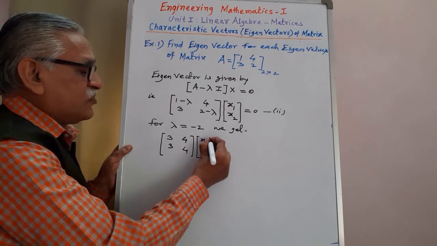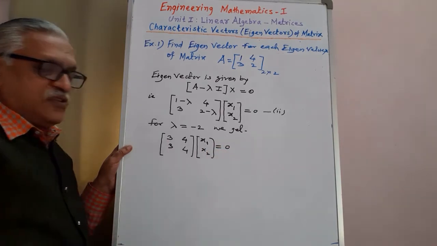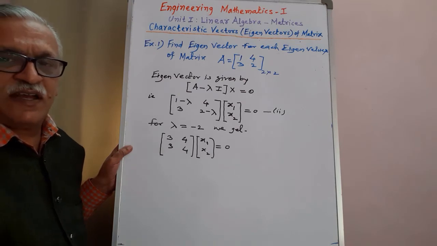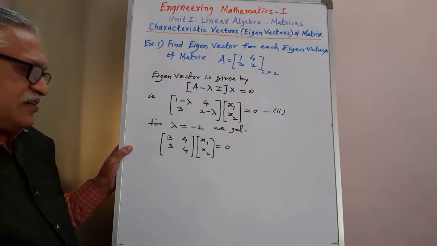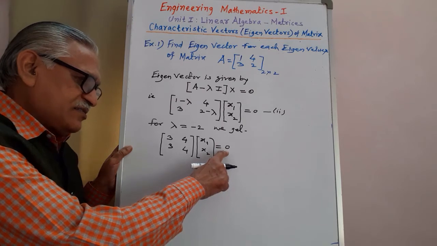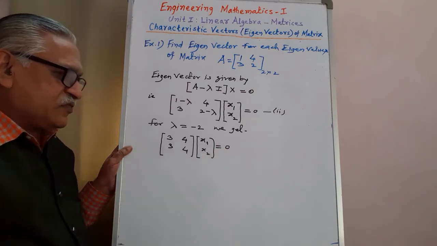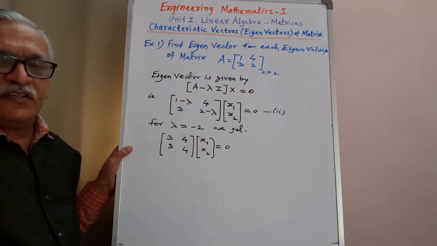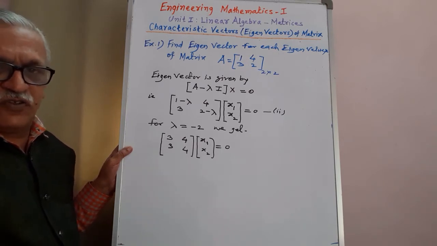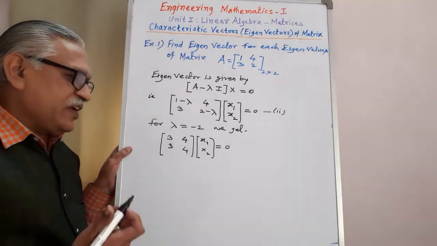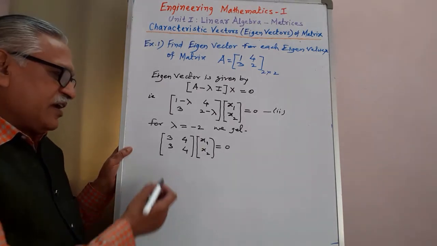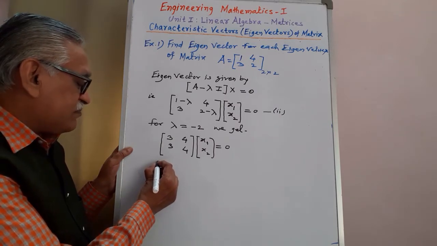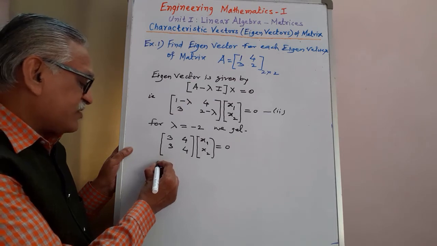X1, x2 is equal to 0. Then we have to solve this simultaneous equation to determine that eigenvector. Here all the right hand side terms are equal to 0, therefore its type is homogeneous, and for homogeneous we have either a zero solution or non-zero solution, but as per definition we require to obtain a non-zero solution only, and therefore solving by canonical form or elimination technique method,